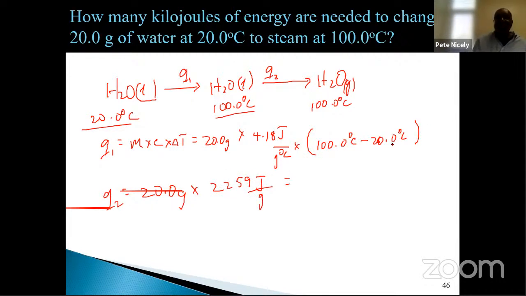So I should have worked this one out first. So for Q1, that's 100 minus 20, which gives you 80 times 4.18 times 20.0. And according to my calculations, this works out to be equal to 6688 joules. And then in the case of Q2, that would be 20 times 2259. And rounded off to 3 sig figs, this would be 45200